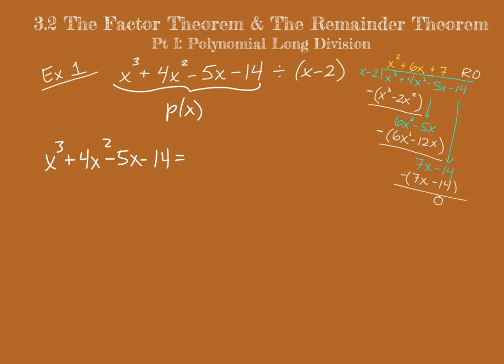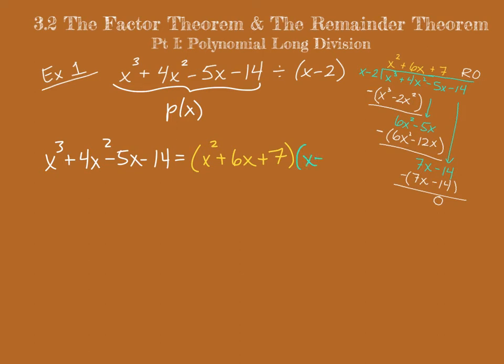So the opposite of division is multiplication. So if we were to multiply x minus 2 by this quadratic trinomial up here in yellow, we get back to our original polynomial. There was no remainder, so these two multiplied together gets us back here. So we can write it as the product of the quotient that we got, x squared plus 6x plus 7, times our original divisor,